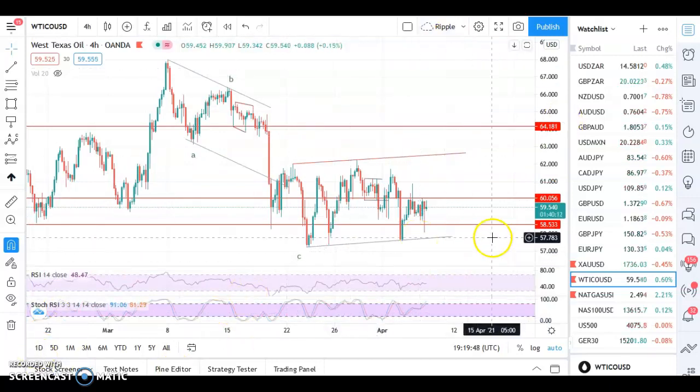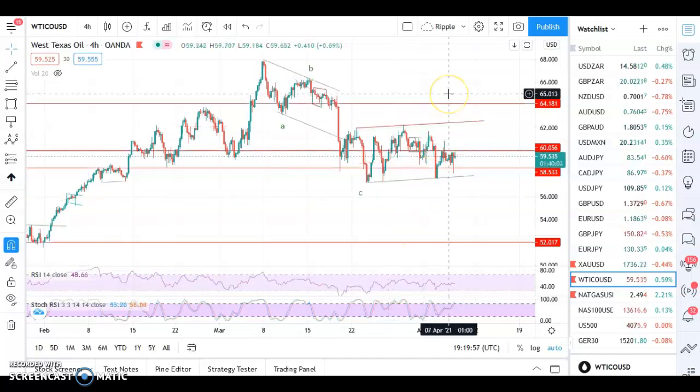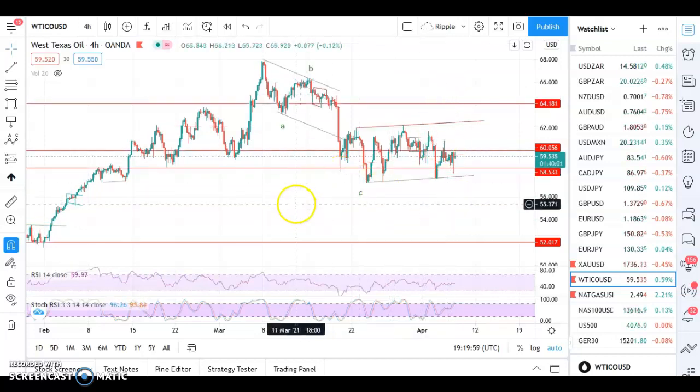If you're serious about trading, I highly recommend you use TradingView. It is a free platform software. You just go to tradingview.com, create your account, free of charge, and you can then play around and actually see